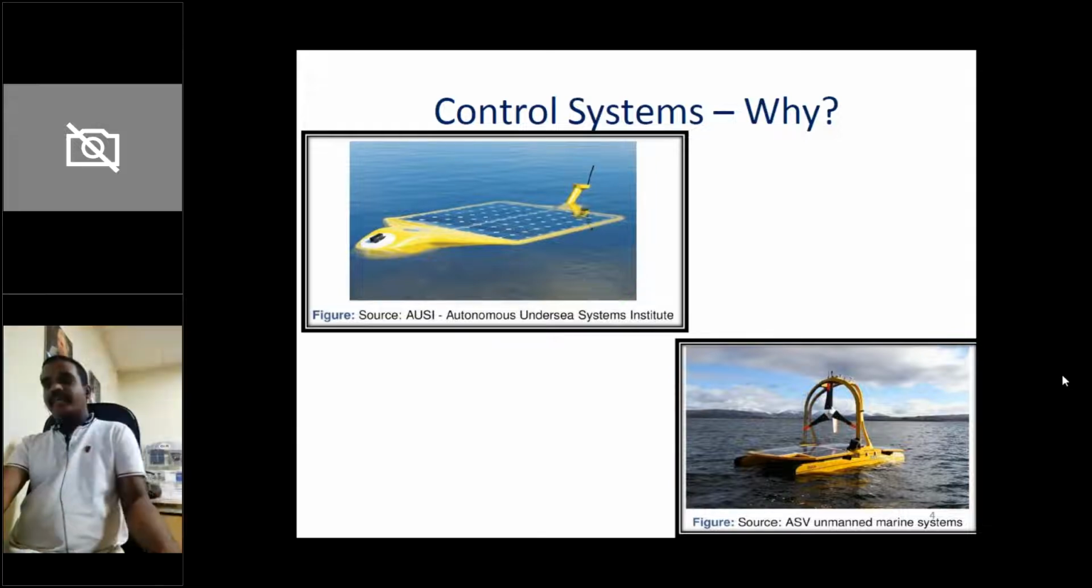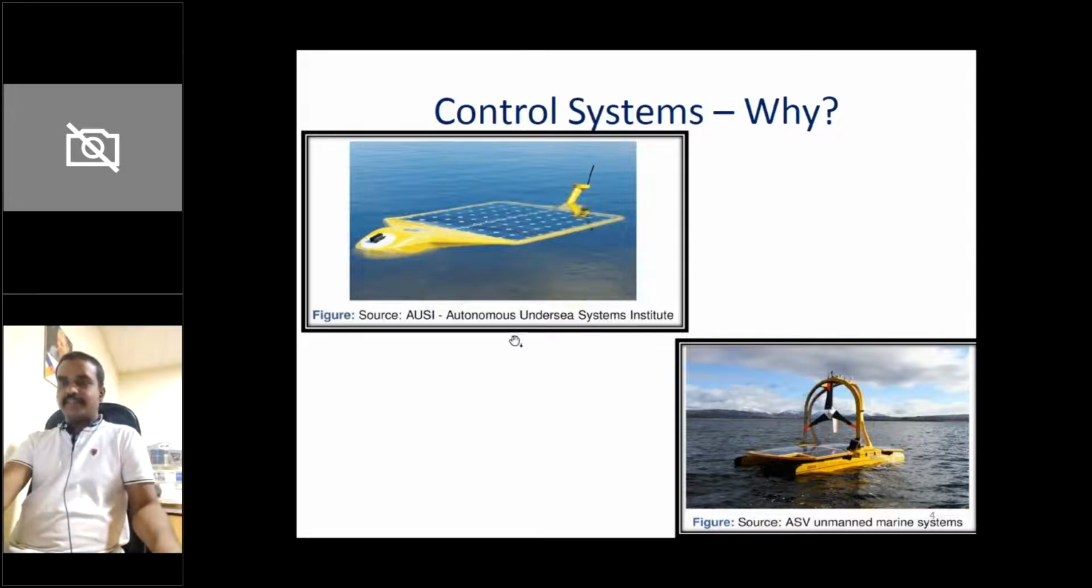Okay, so I will tell you what these two figures are. The source is AUSI, Autonomous Undersea Systems Institute. This is an autonomous undersea vehicle. The task of this vehicle is to explore the undersea. What is the flora? What is the fauna? And is there anything special available inside the sea? This is such a vehicle which will autonomously